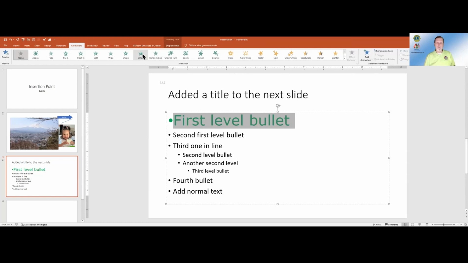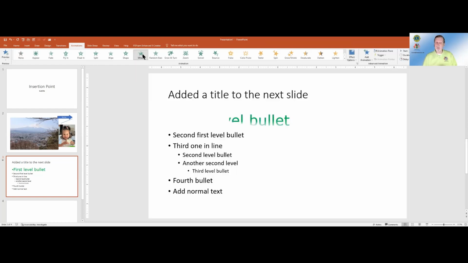Well, if you select just that first level, very nice. Now, for some of you, this gets your mind to thinking and the creative process running. Be aware. Don't let this be a distraction from the information you're trying to convey. Yes, it can be a distraction, so be aware.